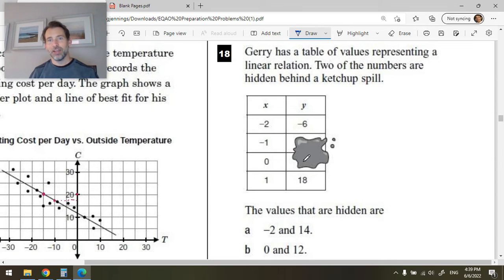Jerry has a table of values representing a linear relation, but 2 of the numbers are hidden behind a ketchup spill. How did you let that happen, Jerry? How did you make this type of mistake? Well, Jerry's human, and these things happen. The values that are hidden are we don't know and we don't know. Let's figure them out. So if we go from this point to this point,